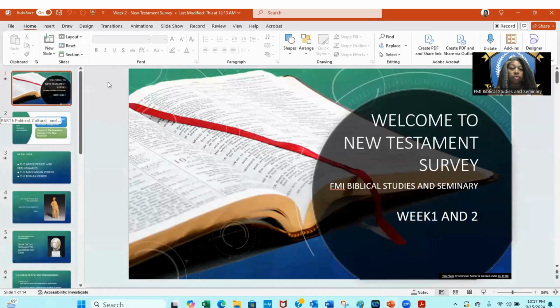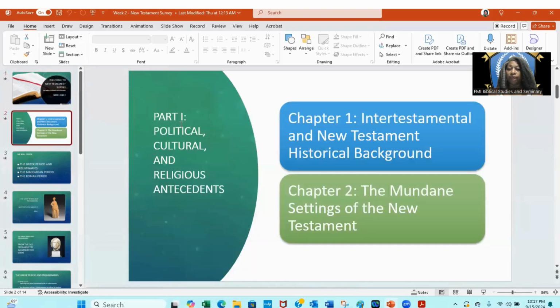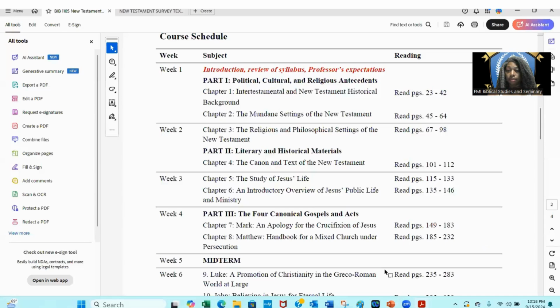So the New Testament here, and if you know how the PowerPoint works, I put the New Testament, put your week name there. And then the first couple of highlights I did was part 1. And I copied and pasted this from our syllabus. So you see our syllabus here was week 1, part 1. All I did was do a copy and paste, right? And then copy and paste what I wanted. So mainly I did political part 1, so we can just make sure that we stay on title. So what I wanted to do is pick up these things: political, cultural, and religious antecedents or sediments. Sorry, pronunciation is not my strong suit. Anyway, let's move forward here